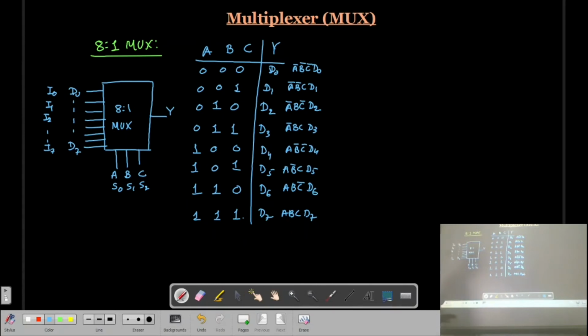Then if we write the expression, it will be the sum of all these minterms.